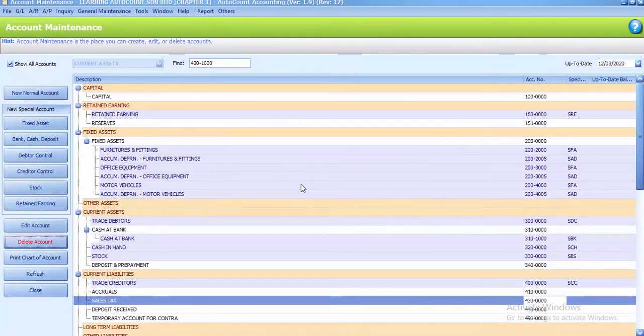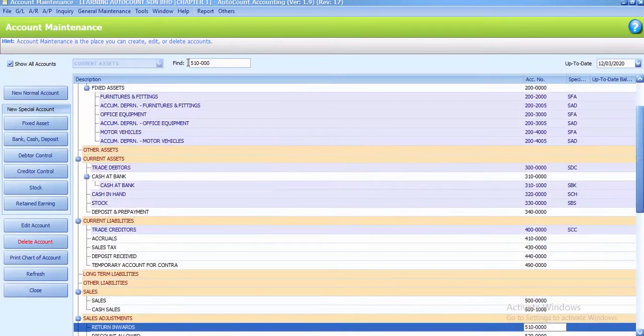Okay, so after you delete all the accounts that we provide you in the A instruction, now we proceed to the B instruction. The B one is to rename the following account. So how to rename the following account? You have to follow the same step, which is first you need to find the account. So the account that you want to rename is